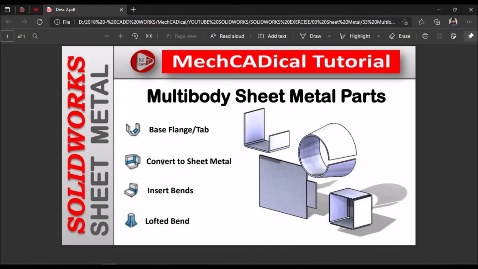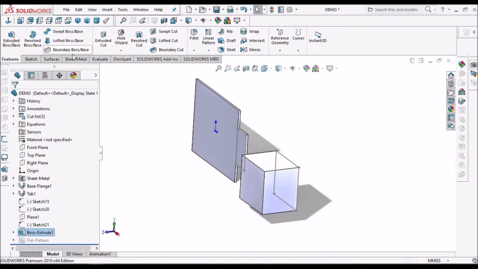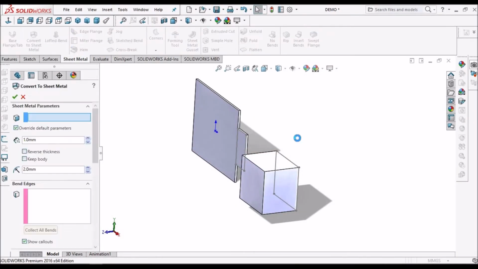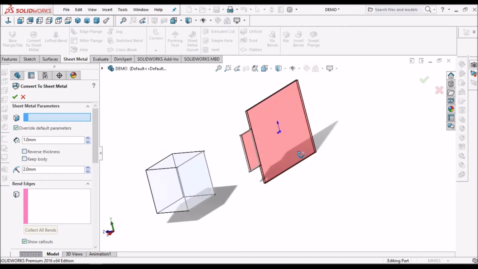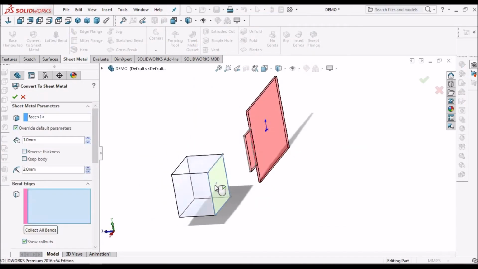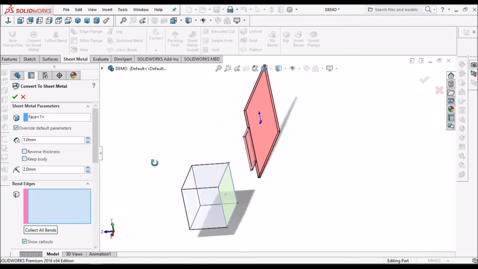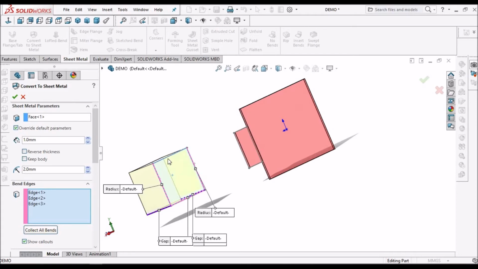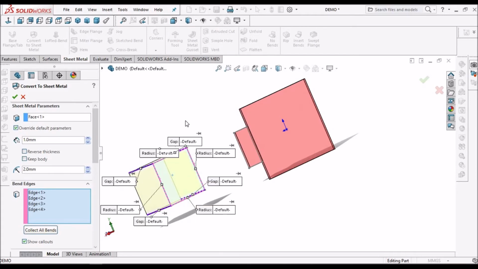So this is convert to sheet metal. So we have to go to the sheet metal module and convert to sheet metal. Here we have to select one face and we have to select bend edges. So I am selecting this one and all four.